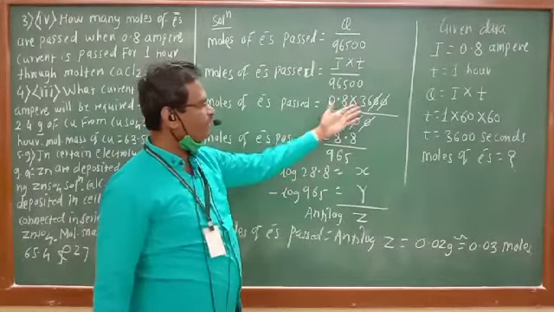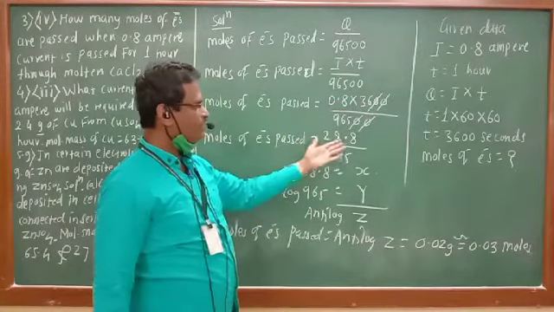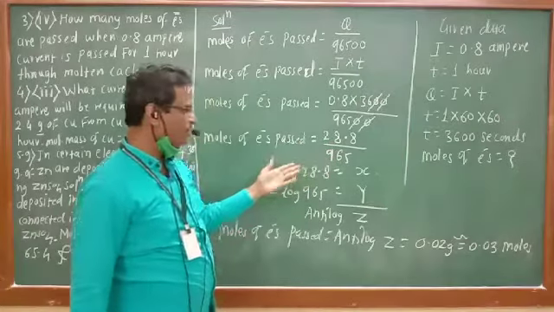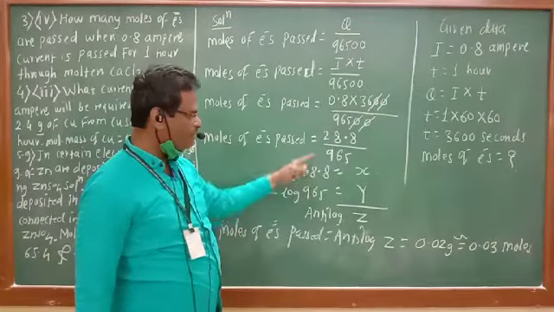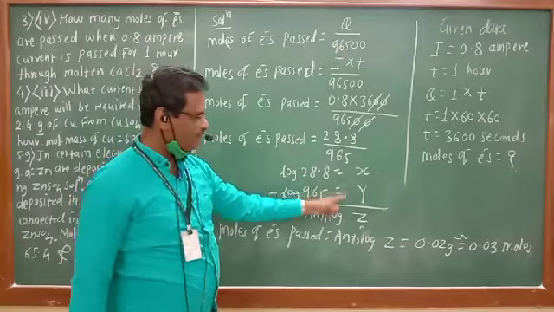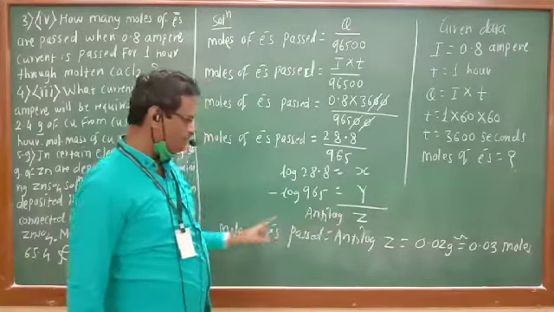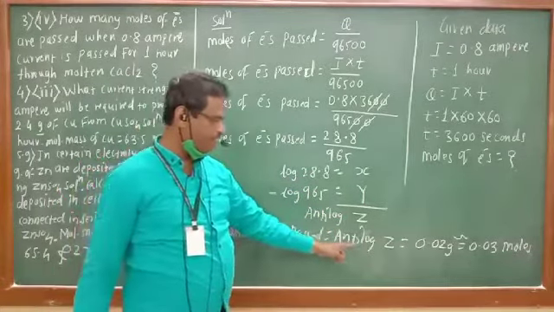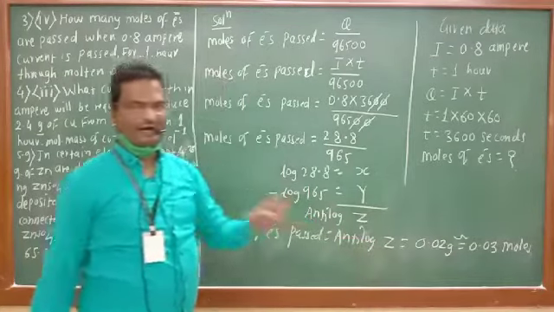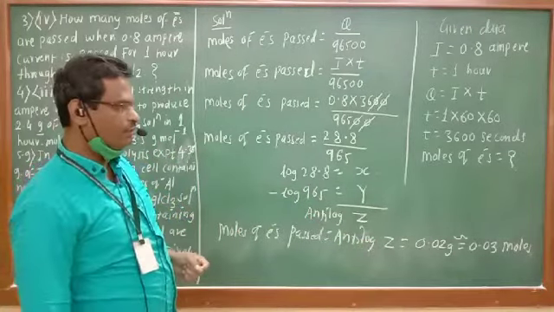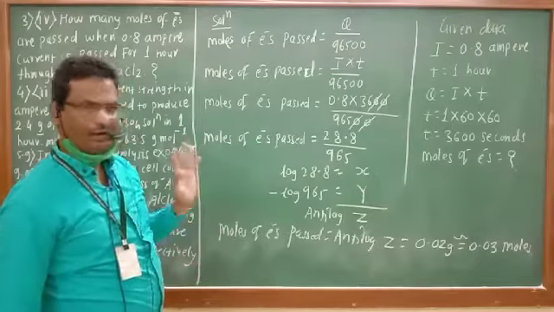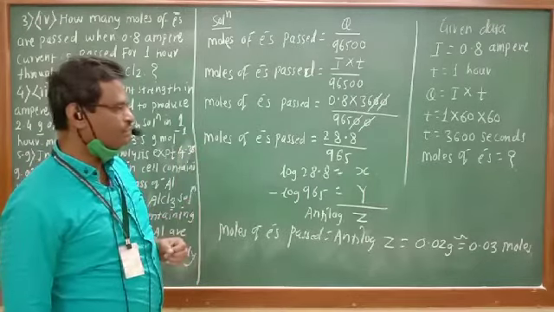So 0.8 multiplied by 36, 28.8 divided by 965. Log of this one minus log of this one, x minus y. If it is z, see the antilog. So moles of electron passed is antilog of z, and that answer must be equal to 0.029 or approximately 0.03